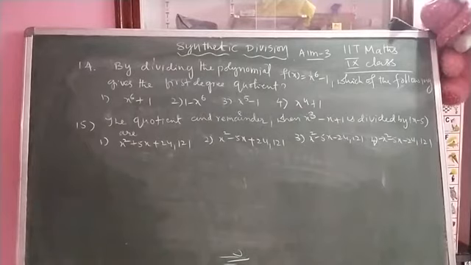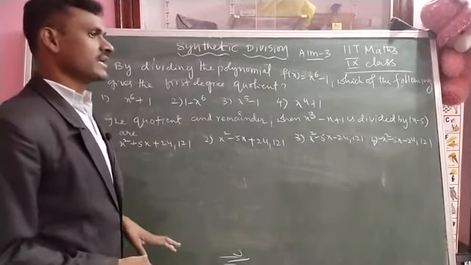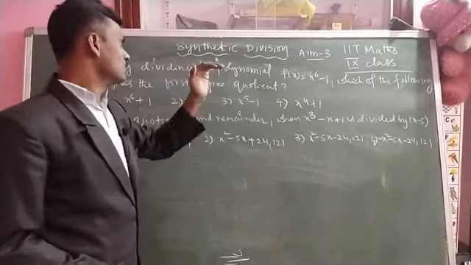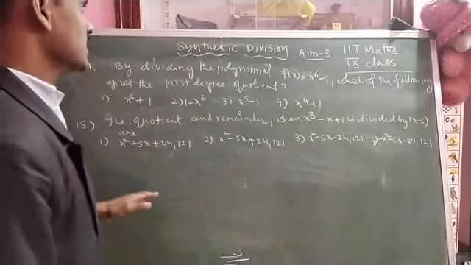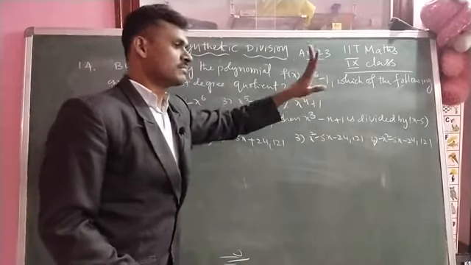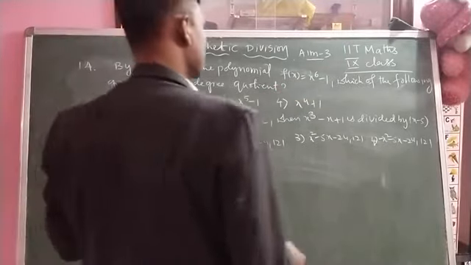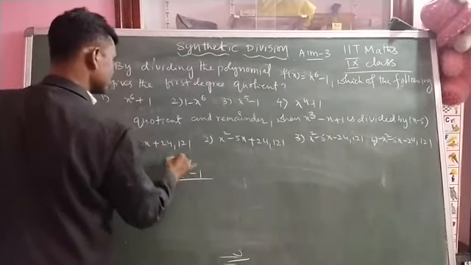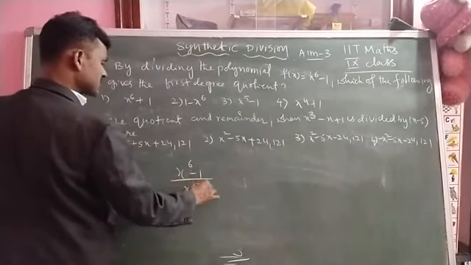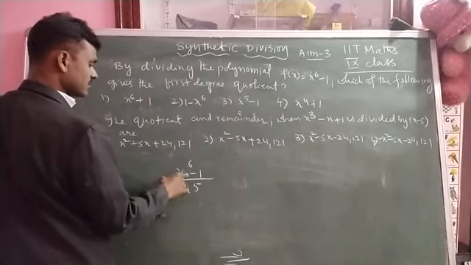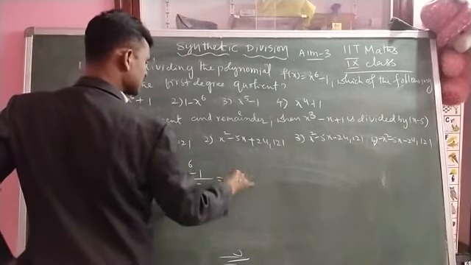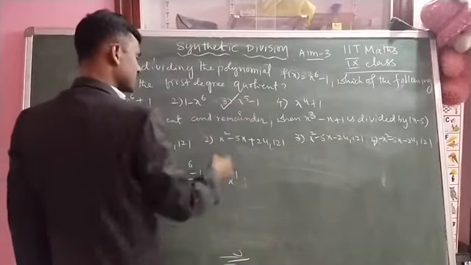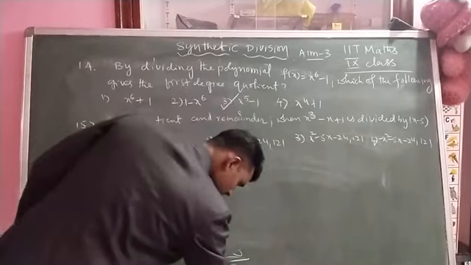Okay, next 14th one. By dividing the polynomial f of x is equal to x to the power 6 minus 1, which of the following gives the first degree quotient? See here, the polynomial x to the power of 6 minus 1 came, but we want first degree, means we want x. Then x to the power of 6 minus 1 divided by at least x to the power of 5. X to the power of 5 you have to divide, means here we will get x. This is first degree. Here in these 4 options you have to check. X to the power of 5 is the third option as given. That is the answer. Note down this one.